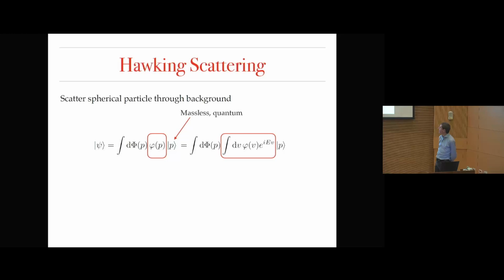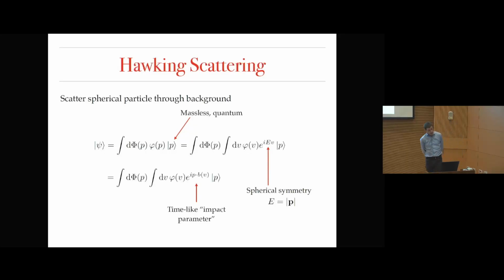Now, I've written the phi here, so this is the wave packet of the particle in the far past. I've written it in this equation in a slightly different way, basically just as a Fourier transform. It's a one-dimensional Fourier transform with respect to this v, so v is going to be the advanced time. And one-dimensional in particular because I'm assuming that the phi here really only depends on the energy, so it doesn't depend on the direction of the momentum. That's because I wanted a spherical state, right? So I'm integrating over all of the different angles there. So this is just some way of writing a spherical state. It's an L equals 0, M equals 0 state, which is written in a particularly convenient form. I like my plane wave states. This is just one way of cooking it.